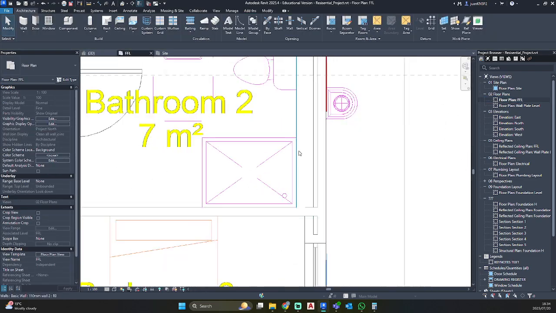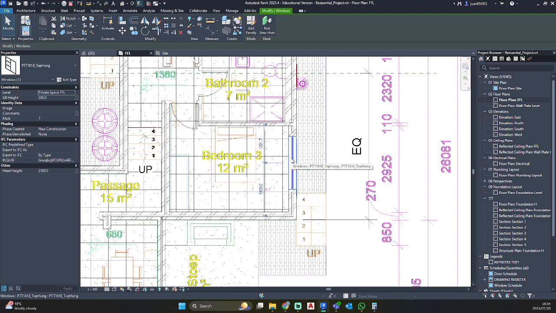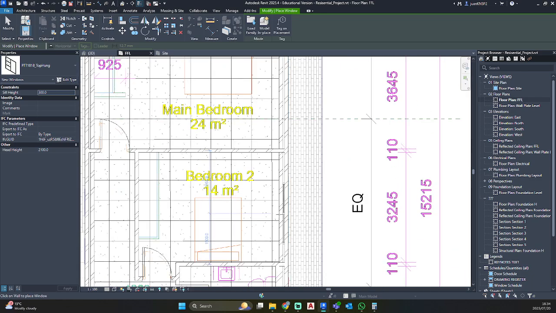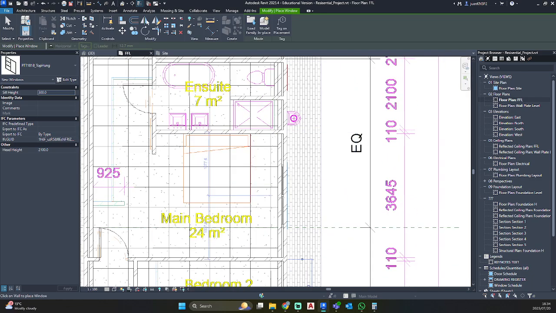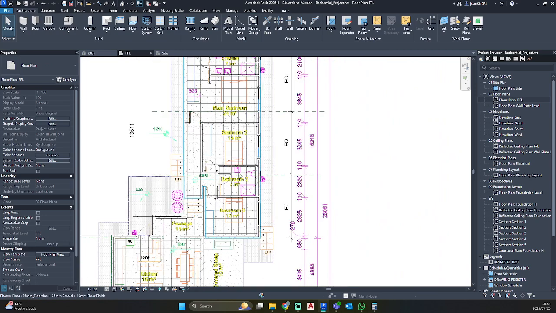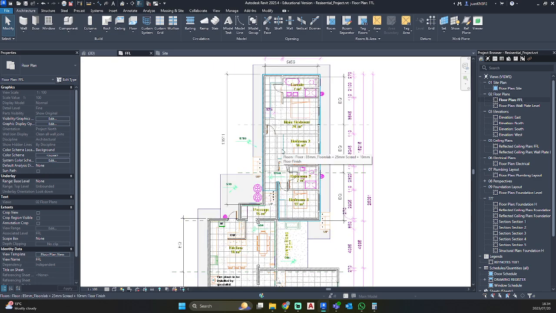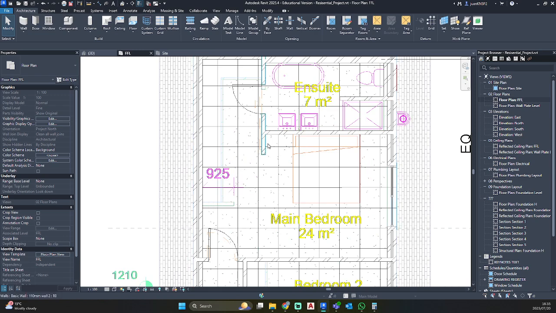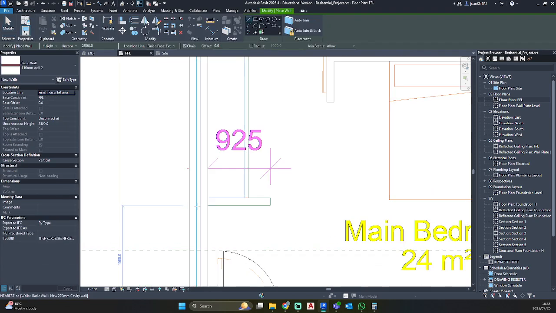I'm going to go back to my finished floor plan, take this window and say CS for create similar. I'm just going to put that on my rooms. Oops, we've missed a little wall over here, so let's go CS.